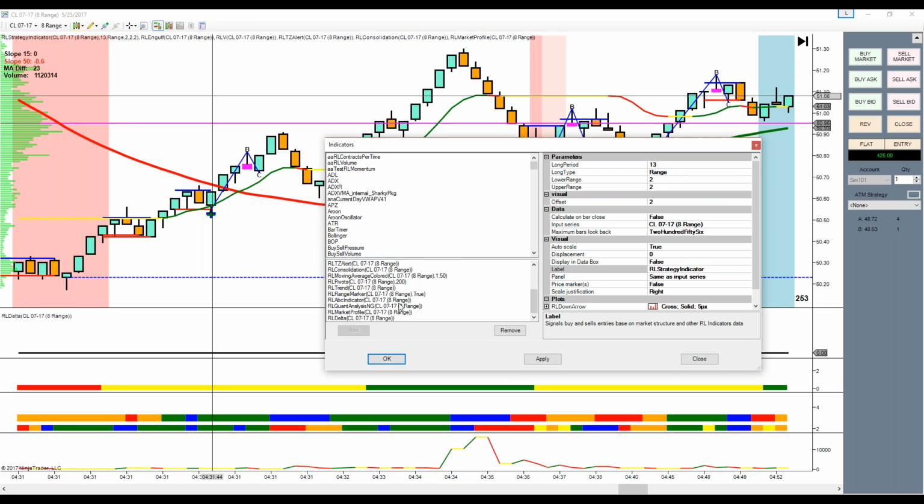And I know I'm getting a little bit off topic, and I hope I'm not boring people, but this is way past volume and market profile. But the strategy indicator is here. And we're trading an 8 range. And you'll notice it's set to a 13 range because it's assessing 3 time frames. The 8 you're trading, the 13's your second higher, and the 21